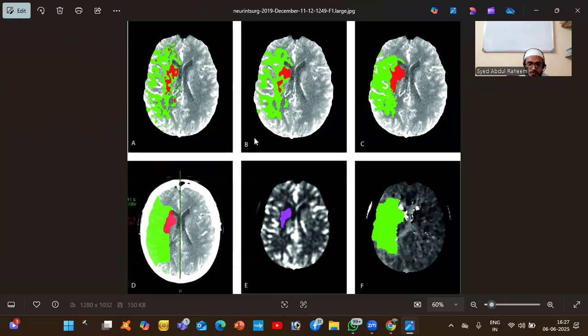So if a patient comes after the window period or with a wake-up stroke, what will it give you? The complete blood flow,